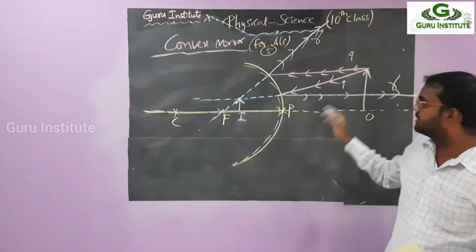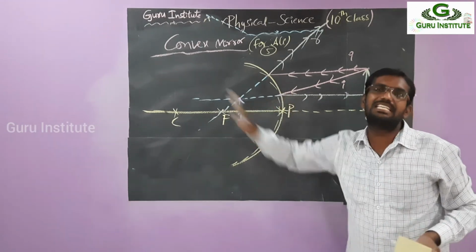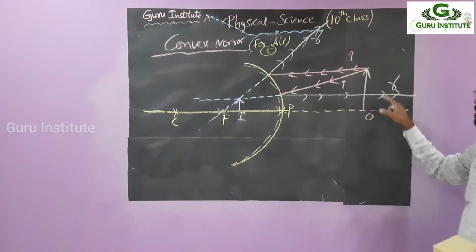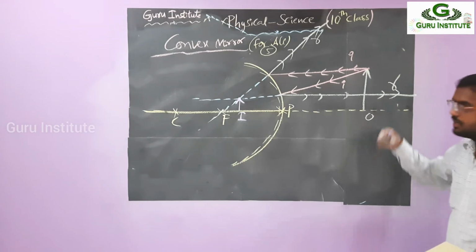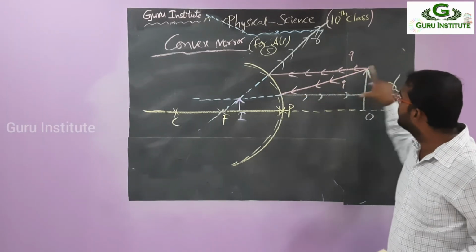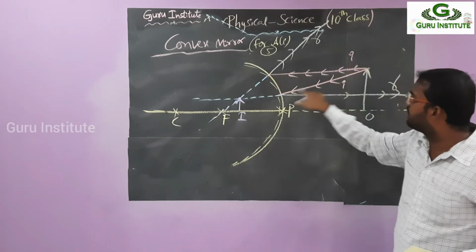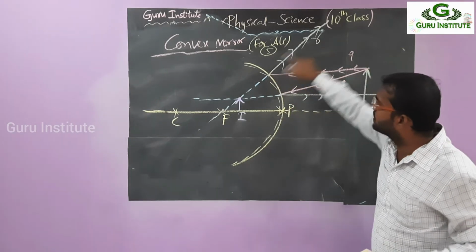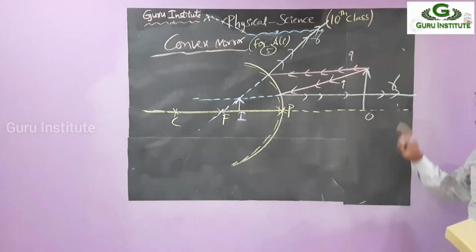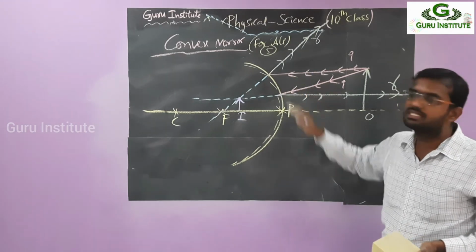A little bit of doubt is there; already we saw the general one. This is a convex mirror. Pole, focus, center are all present inside, so we are not able to keep the object inside. That's why wherever you keep the object in front of the convex mirror, it shows the same picture. If you keep it here, parallel, it goes like this. Anywhere, the rays are like that only. Parallel to principal axis, passing through focus, and passing through focus, parallel to mirror. They do not meet directly. So there is no chance of the 5 cases. All cases are the same, because we are not keeping the object inside.